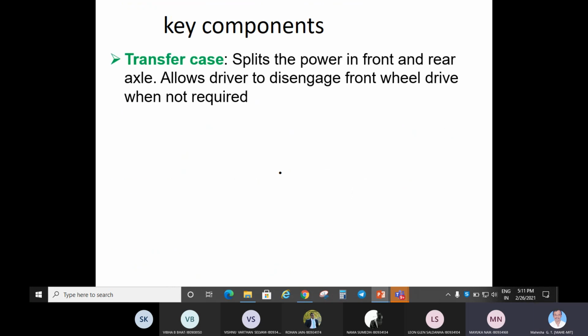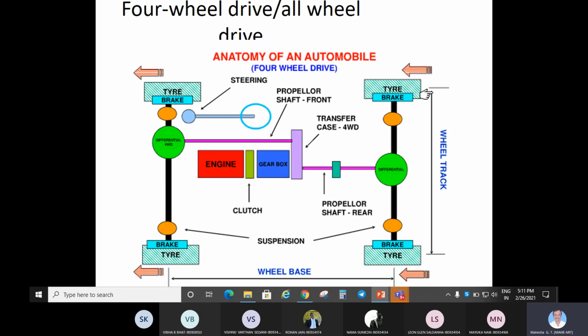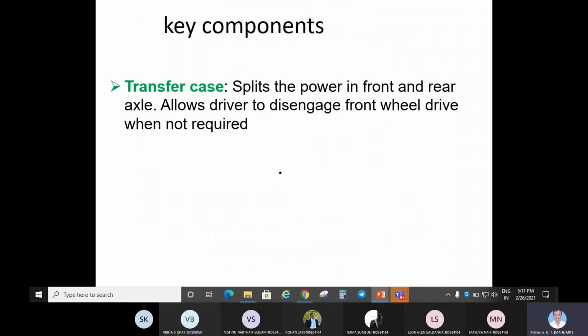So key features you have to illustrate by a couple of sentences or one sentence apiece. Transfer case is one. Other things you have to tell. You have to start from here. You tell one sentence for this, what this will do, where it is provided, because we have already narrated these things. What is the function of this here, and all that, which is already explained. That's why I have left that.